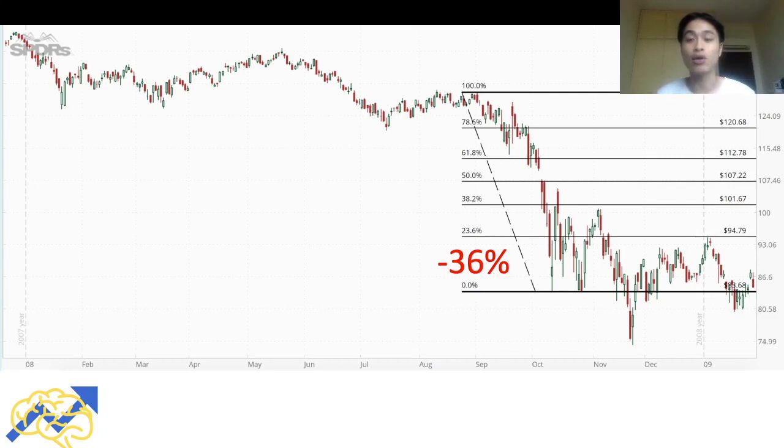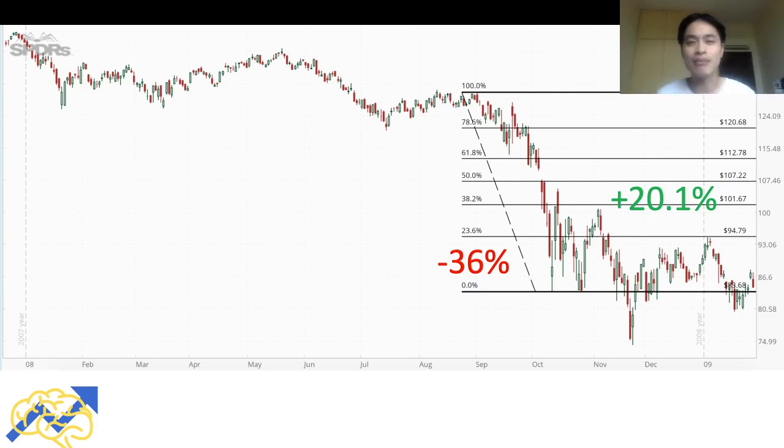I took the high and took the low, and I figured that prices declined by 36%. And the next thing I took a look at was, again, the rally. So how much did prices rally immediately after the crash phase of the recession and the bear market in 2008? So I calculated the lows here and the highs here. It shows that prices increased by 20.1%, right? So prices increased 20.1%.